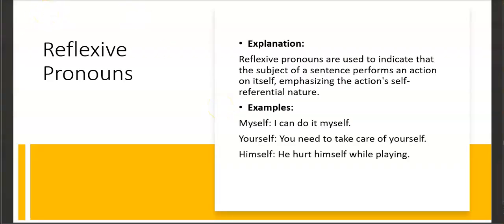So with the reflexive pronouns, you're just trying to emphasize or show that an action is being performed, okay, or